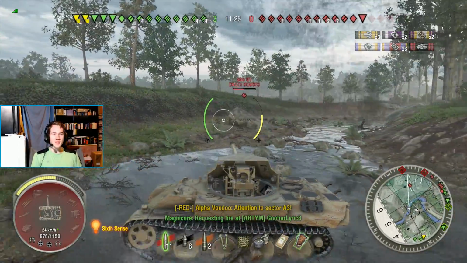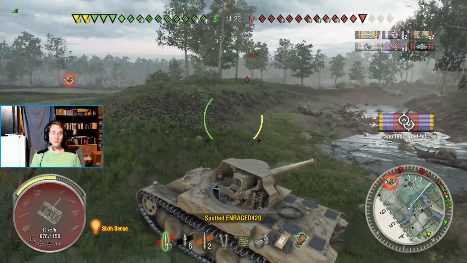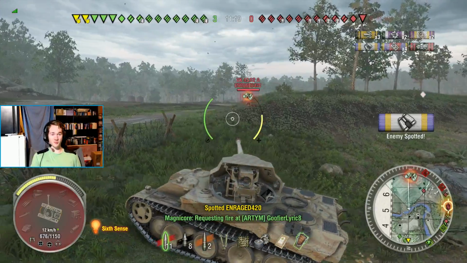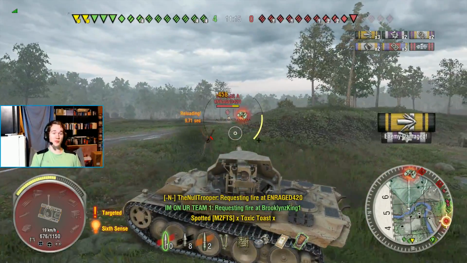What can this tank not do? Well, the only thing this tank really can't do is play a heavy tank. Other than that, we've played the sniping role already. We've played the medium role hunting down that Leopard prototype, and now we're playing the light tank role. We're scouting the enemy team. We put a shell into the